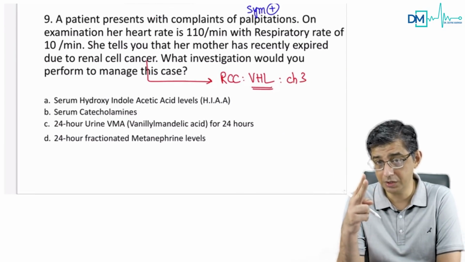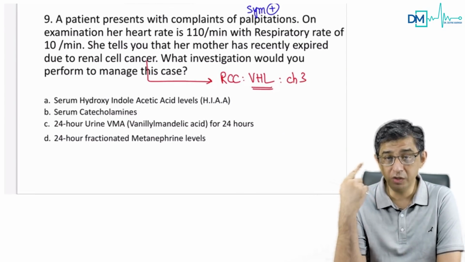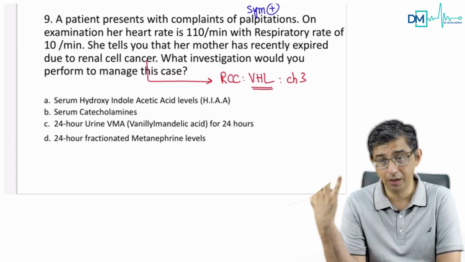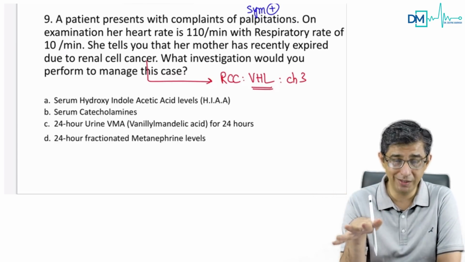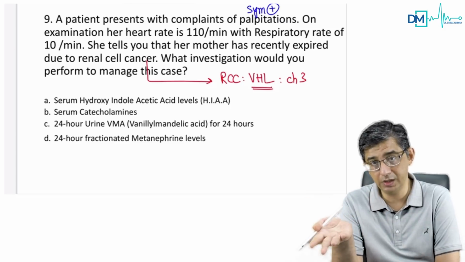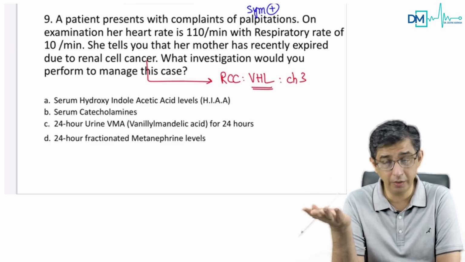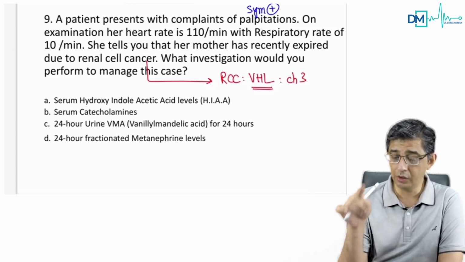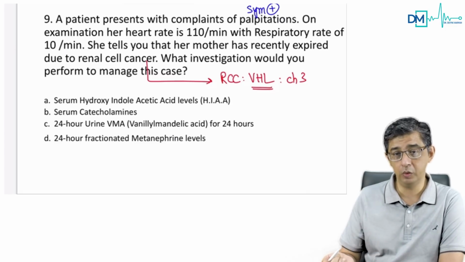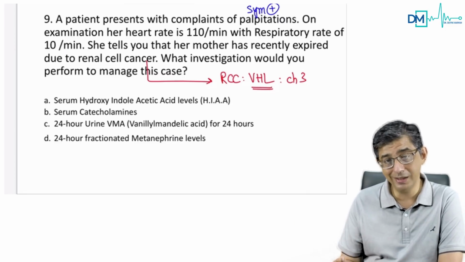So, what is the test for pheochromocytoma? So it's a two-step question. I'll put it three steps. First, you need to know the syndrome, VHL. Two, you need to know what is present here: two things, pheo as well as renal cell cancer, and can occur in different generations. And now you need to solve, how do you identify a pheochromocytoma? So what is the best test, guys?